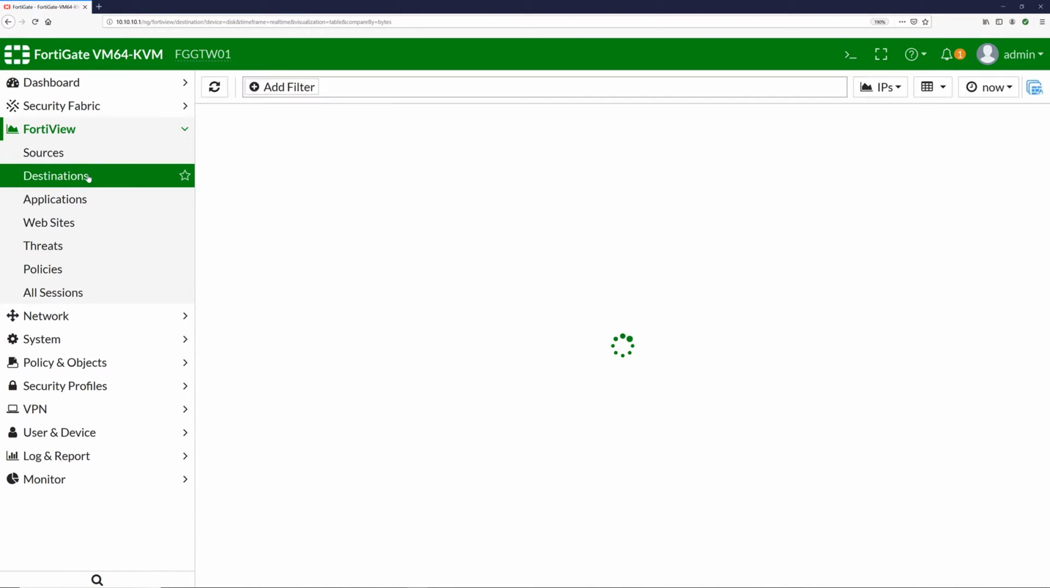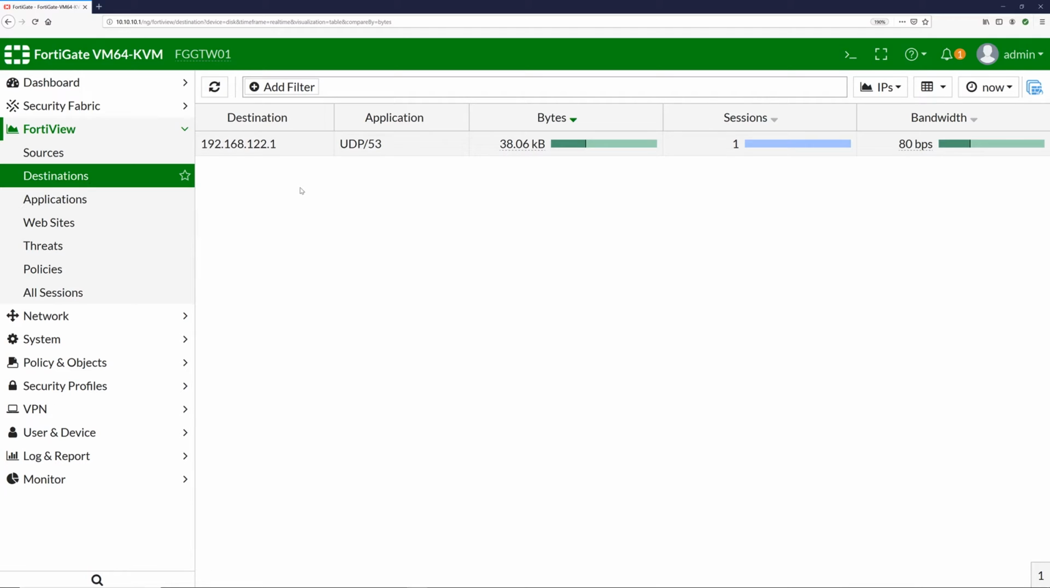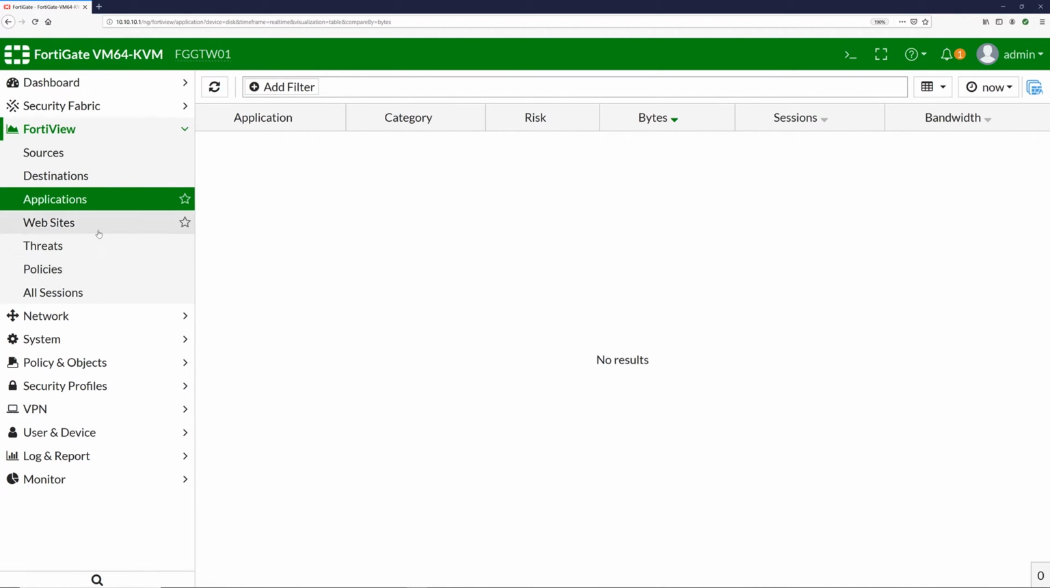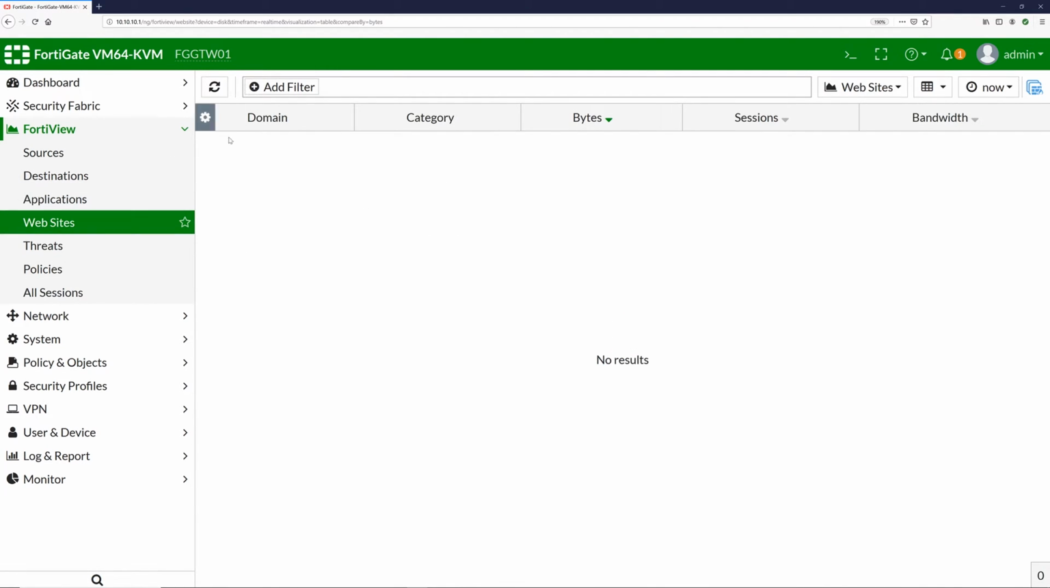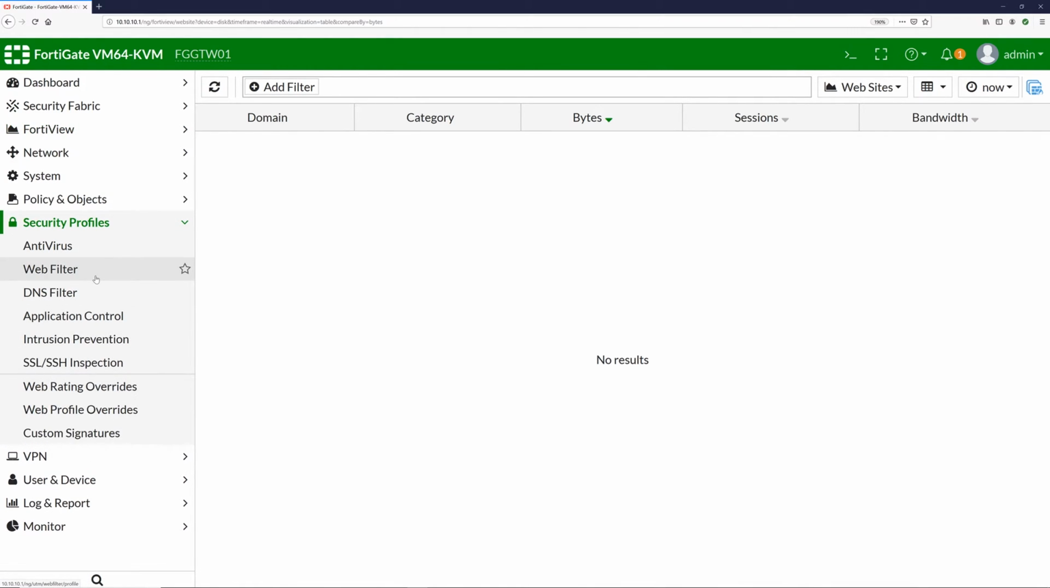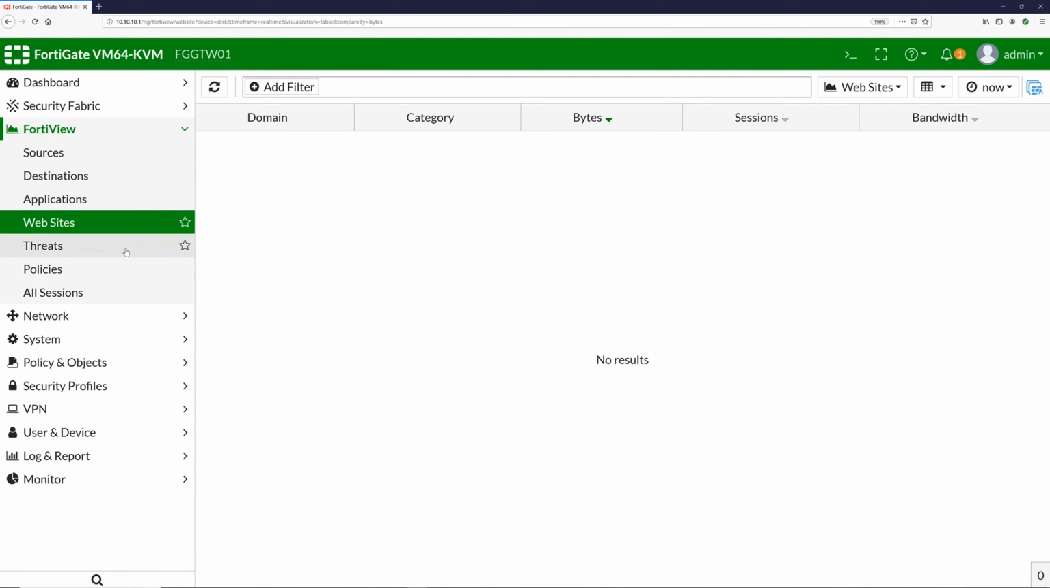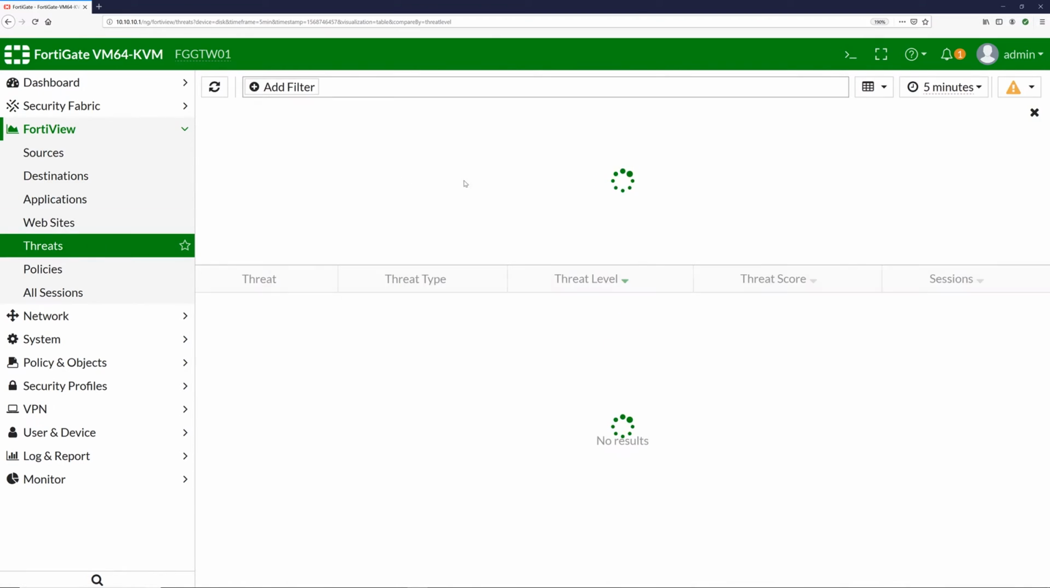A small appliance providing you this many application features. What kind of port it is using, or what kind of services it is. Applications, websites. If you can see the websites, when I add the security profiles for web filtering, then you can see on the FortiView what each host is accessing. The threat level is the same. Once you enable all the security profiles, you'll get the threat level feature